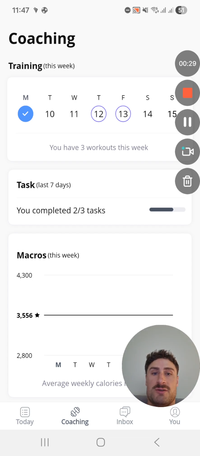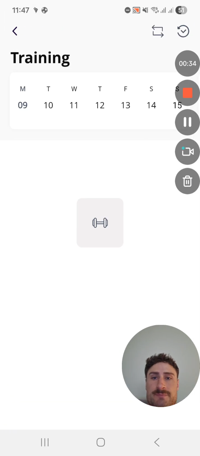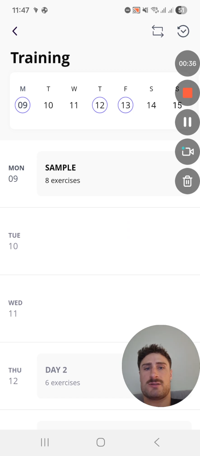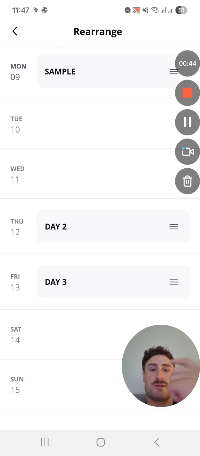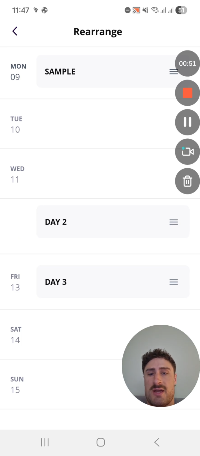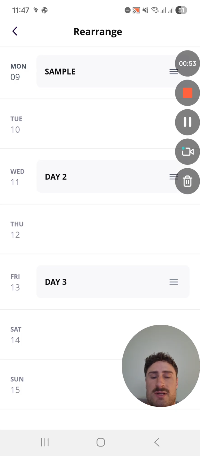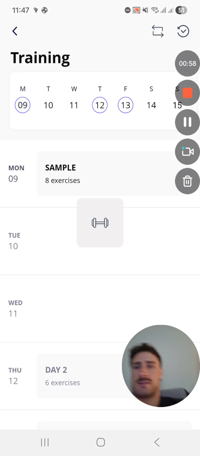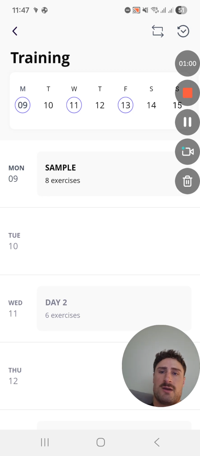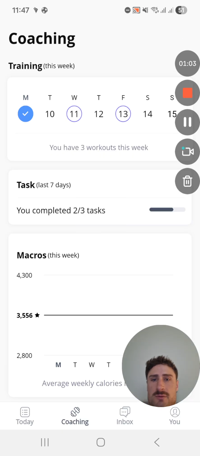If I wanted to change those days around, I'd click into the training part. And then I would click into the top right hand corner with the square with the arrows on it. So click into that. That will allow you to rearrange your days. If I wanted to change my Thursday to a Wednesday, just simply drag and drop it onto the Wednesday there. Click into the top left hand corner to go back and do the same again to go back onto that